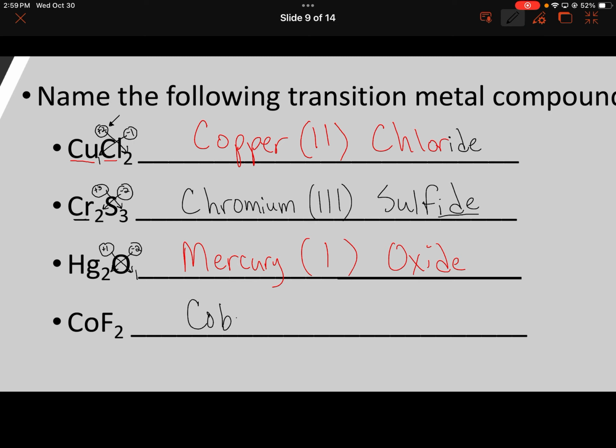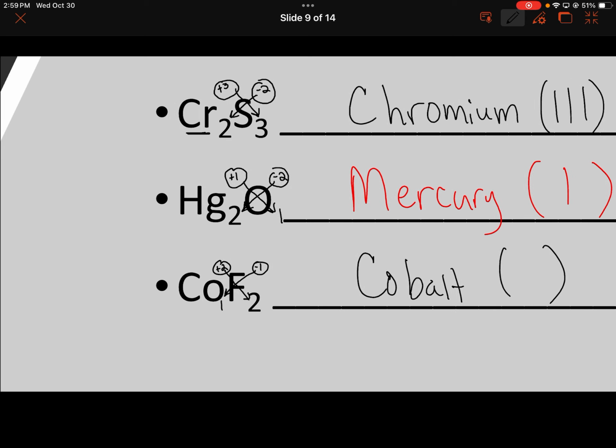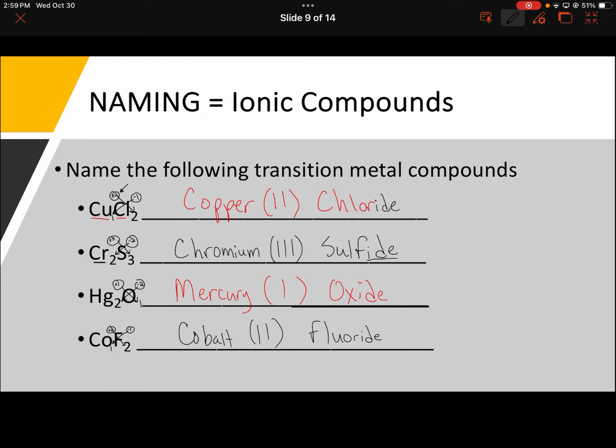Last one, Co is cobalt. F is fluorine, but I'll change it to fluoride. And I come over here and I do my reverse crisscross. That one was a 1, remember. Well, since cobalt's got a +2, 1, 2, and there's my